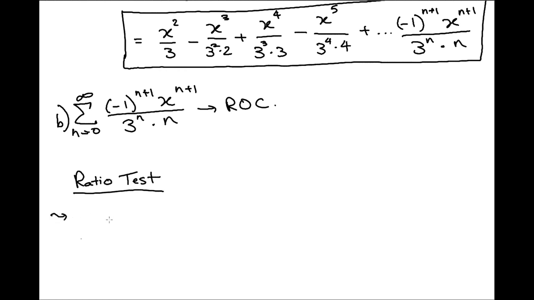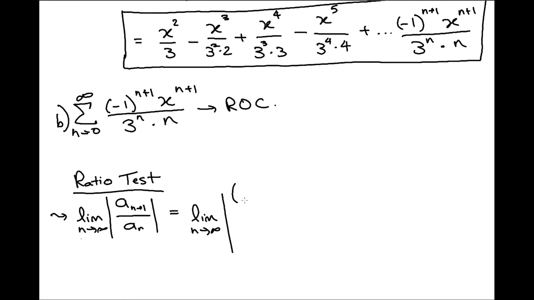Basically what we're doing with the ratio test is taking the limit as n goes to infinity of a of n plus 1 over a of n, and the absolute value of this guy. We're taking this limit here, and let's go ahead and do that. So we will have the limit as n goes to infinity of a of n plus 1, which is just going to be the next term of this. So we will have, my absolute value bars there, negative 1 to n plus 2, x to the n plus 2, over 3 to the n plus 1 times n plus 1,